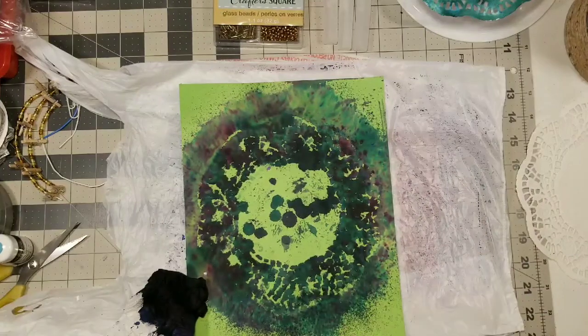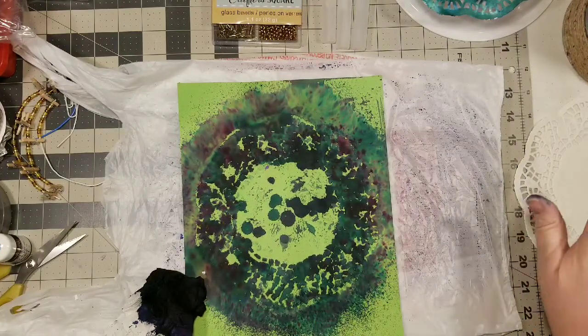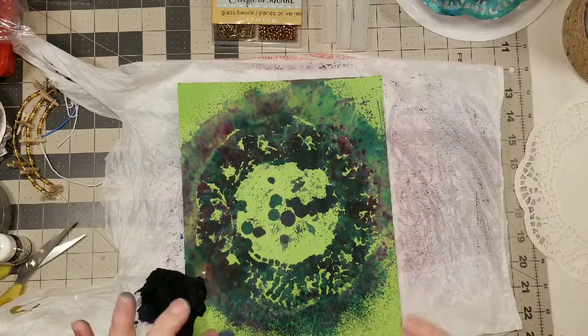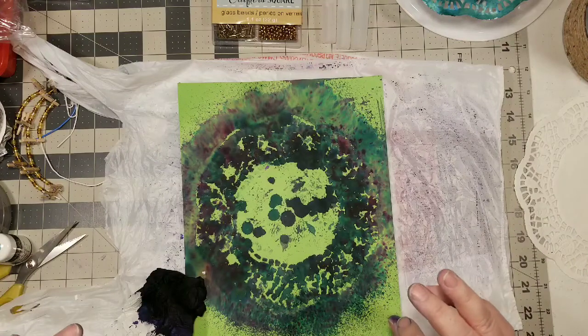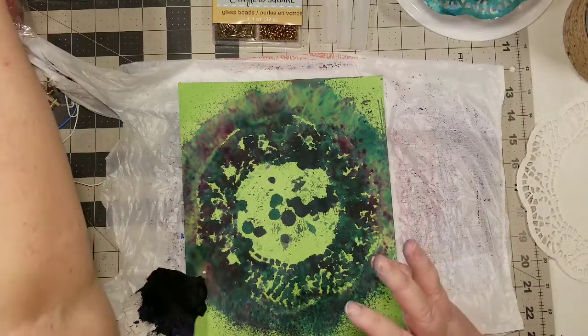Now I did use, let's see, 1, 2, 3 things that aren't from his haul. So I was trying to keep it fairly minimal of what I actually use, other than of course the tools like the hot glue and hot glue gun and that kind of thing. But otherwise I've used pretty much everything else, or at least in my head I have. Not sure how it's going to turn out or how it's going to look, but for those of you that didn't see the haul,